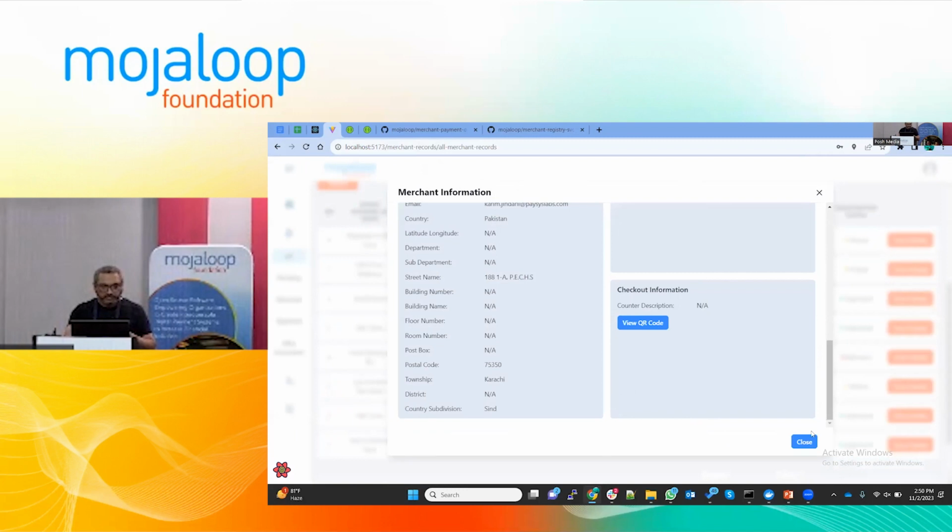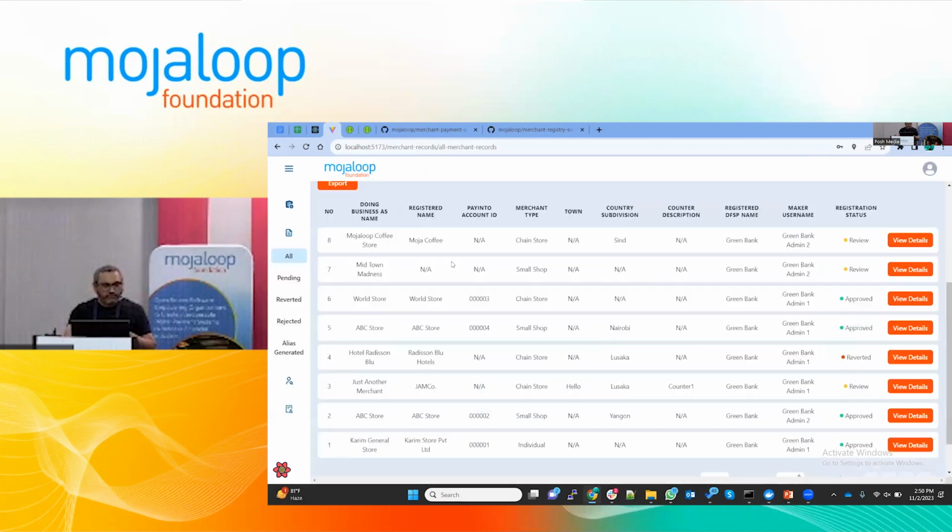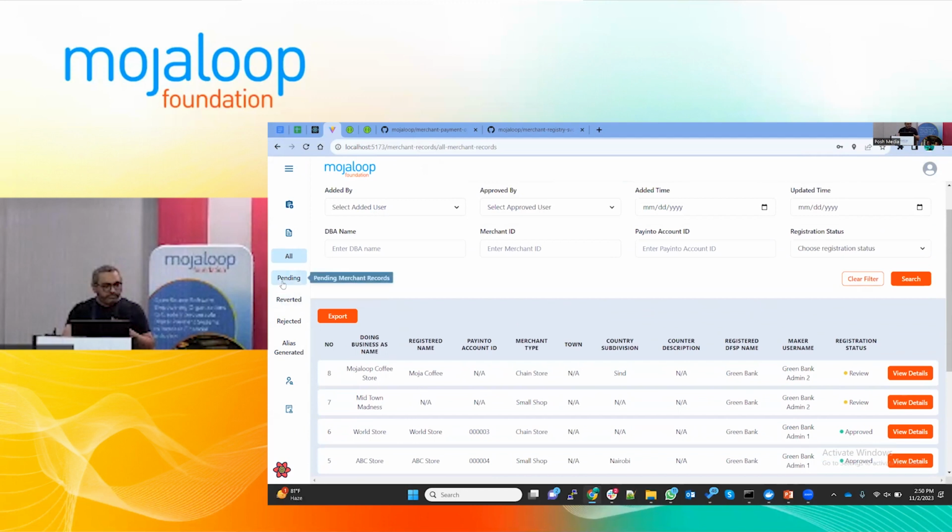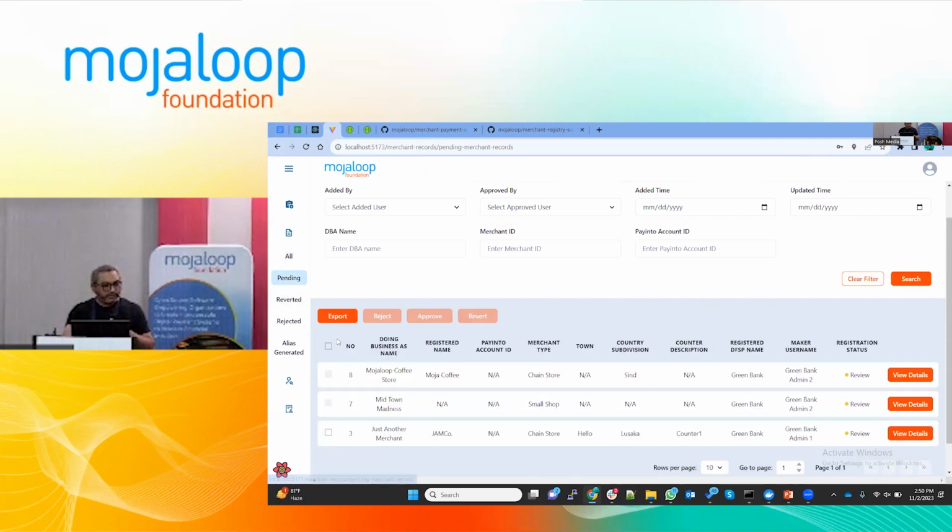Right now, the screens I'm showing you are for the DFSP admin, maker or checker, getting logged in. The complete life cycle is defined in the system to approve the merchant, reject the merchant, revert back, and all of that, which is a typical requirement of a DFSP. The plan is to extend this portal further, and the registry will be a standard Oracle.